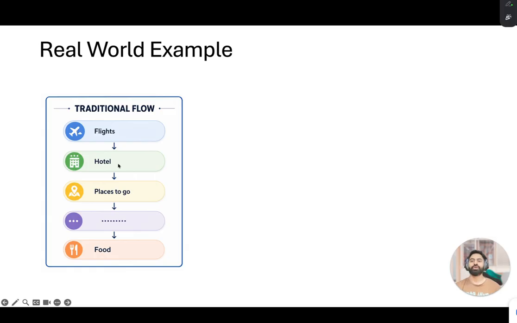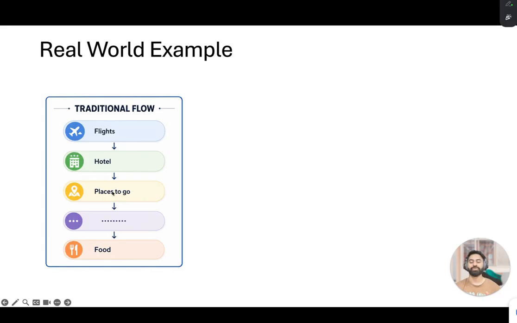Then you will look for hotels and for places to visit, maybe the restaurants all around to eat. And you are doing this in sequential order, one by one, step by step, making decisions along the way, like what is the best hotel, which flight is the cheapest, and which places I should visit.